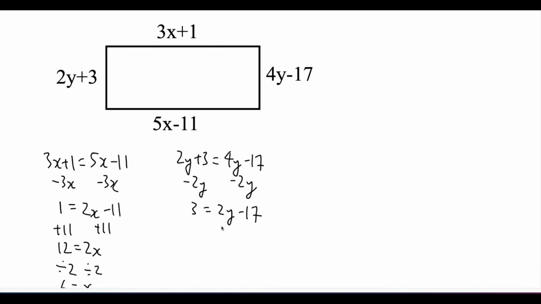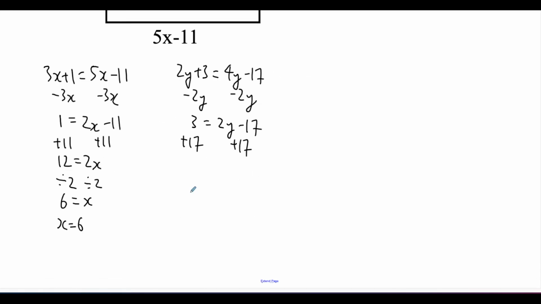Next step, we can add 17 to both sides, so that we're left with a variable on the right hand side and a number on the left hand side after we do this. So that will give us 20 is equal to 2y. Divide both sides by 2 to make sure that 2y becomes y. So then we get 10 is equal to,